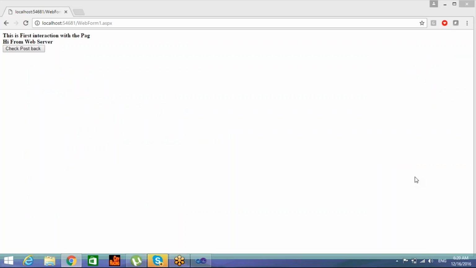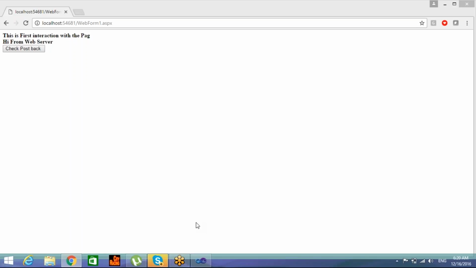So here you can see the output. So I have formatted the response.write. With response.write, you can use the formatting of the HTML tags. Response.write is also important with